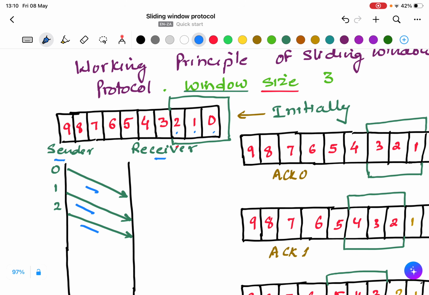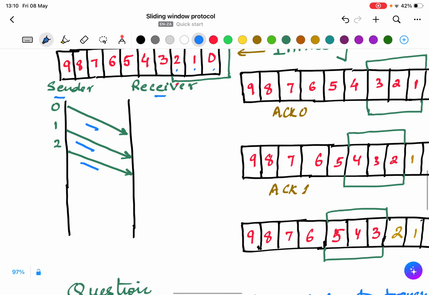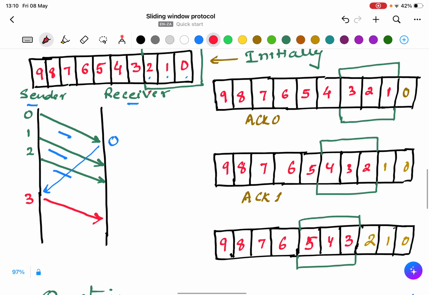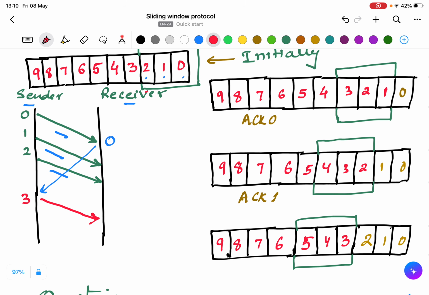Now let's say the acknowledgement of 0 is sent. When 0 is received, the sender will send 3. So one frame acknowledgement has been received, which is 0, and we can move our window.